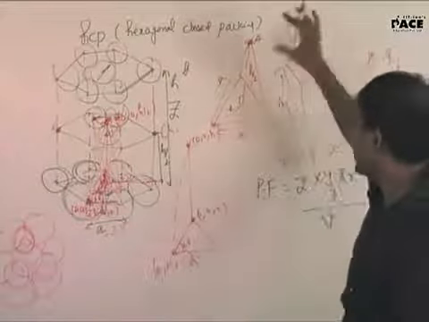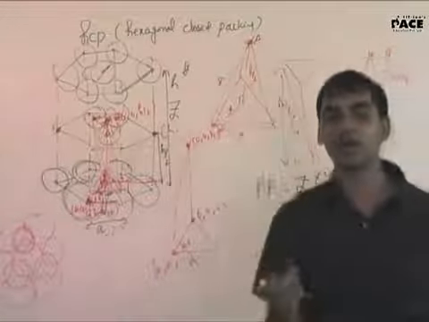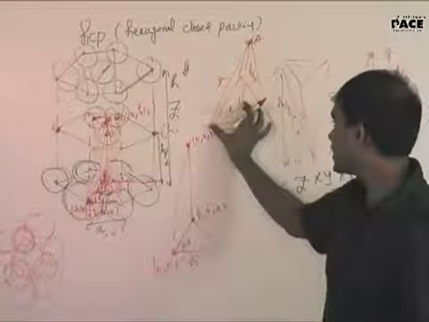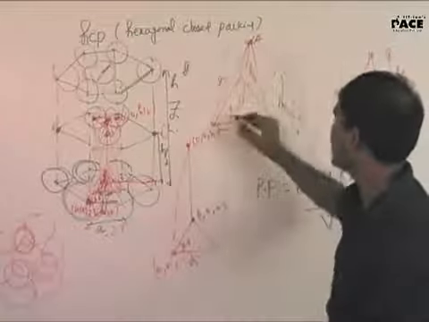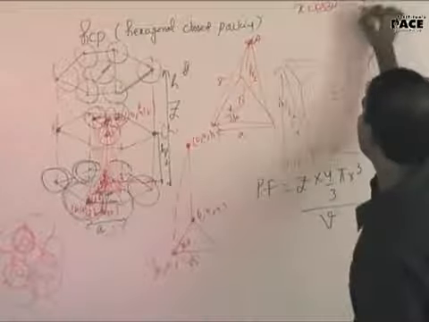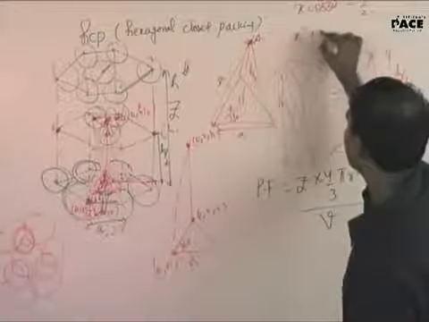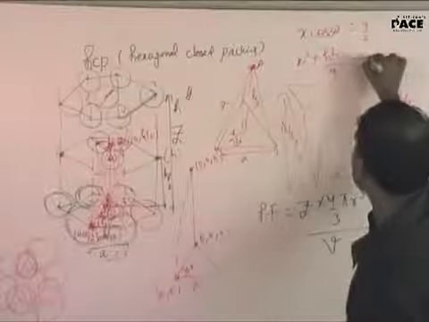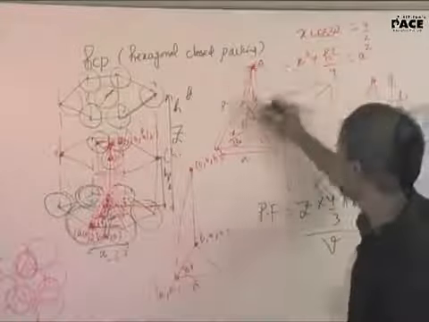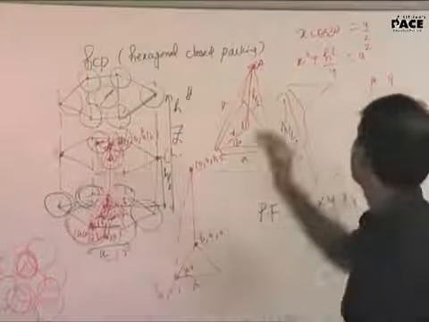So once you have this regular tetrahedron, this is h by 2 and this is x. I can first find out x. How can I find x? Don't sleep. This angle is 30 degree. I can say x cos 30 equal to a by 2. And I can say x square plus h square by 4 equal to a square, if I take this triangle. So I can now find h in terms of a.